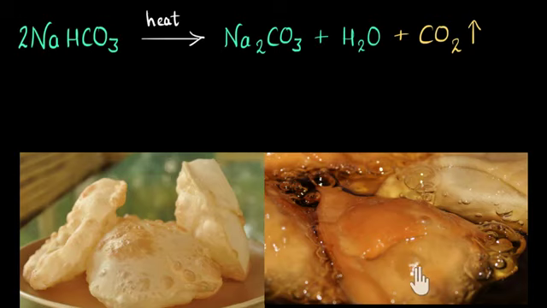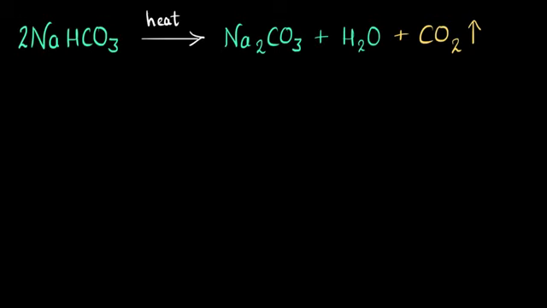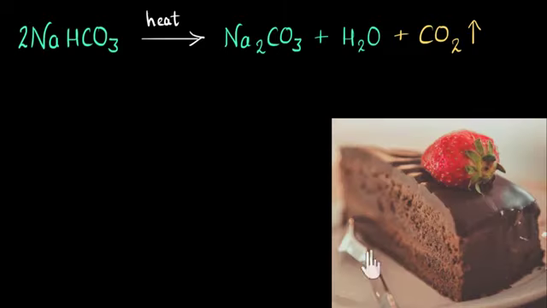Now the same thing can also be used to make soft cakes. Yes. See, you would have seen that cakes have holes in them and they are very soft and spongy, right? Now something very similar is happening to make them soft and spongy. See, over here also, when they are being baked, carbon dioxide gas gets produced and it gets trapped inside. It's trying to escape, because of which the cake becomes very puffy. It becomes soft. But there's a problem.